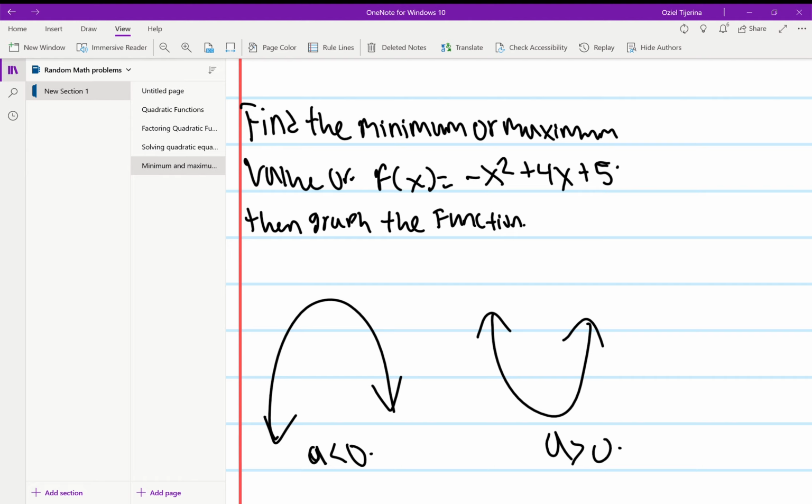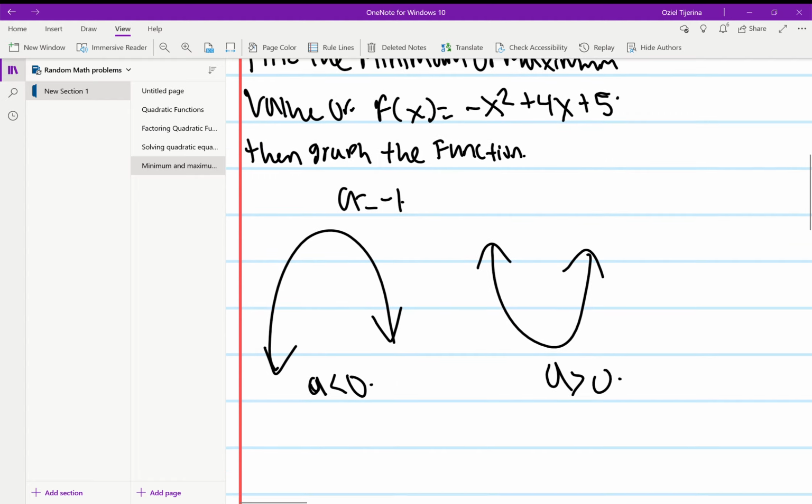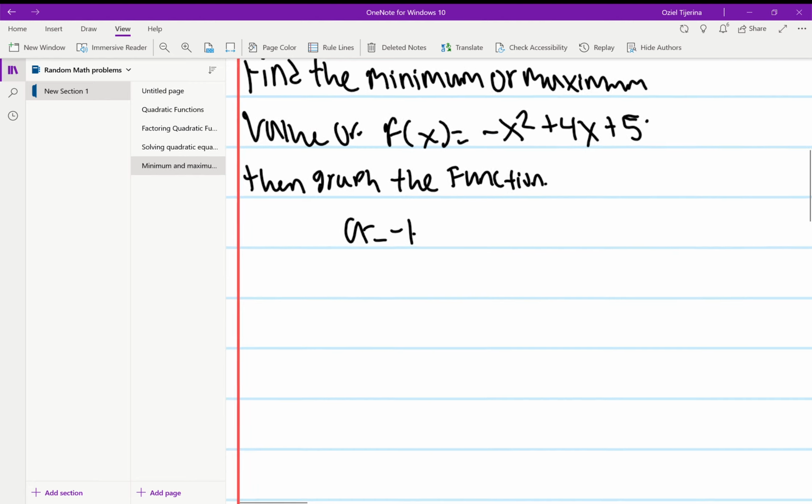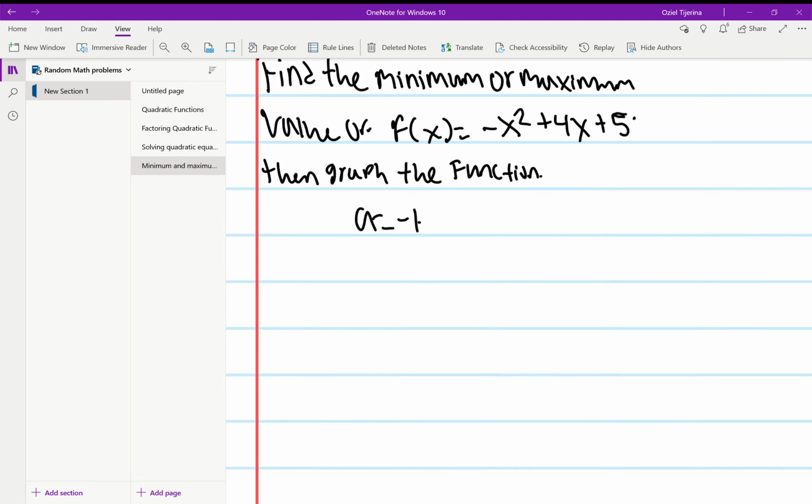According to this, our a equals -1, so we're obviously going to have a concave down parabola. For this one, what you have to do is find your vertex, okay? So our vertex